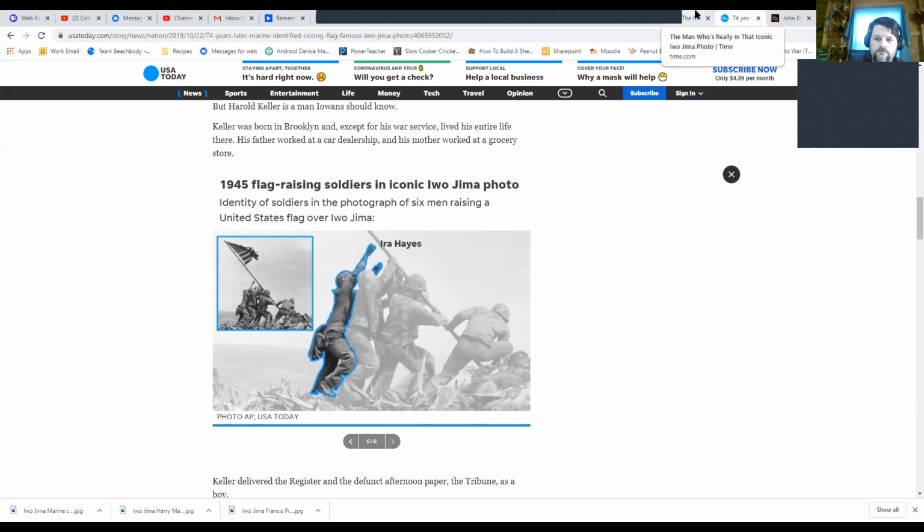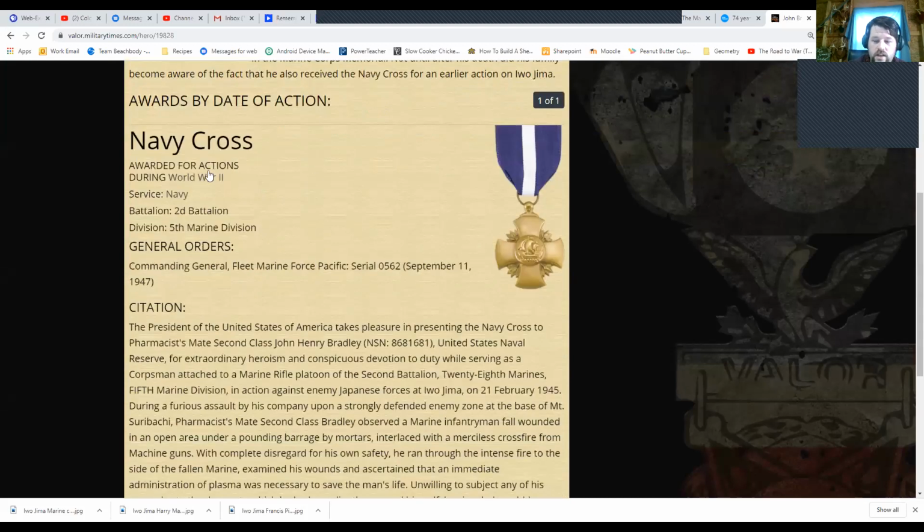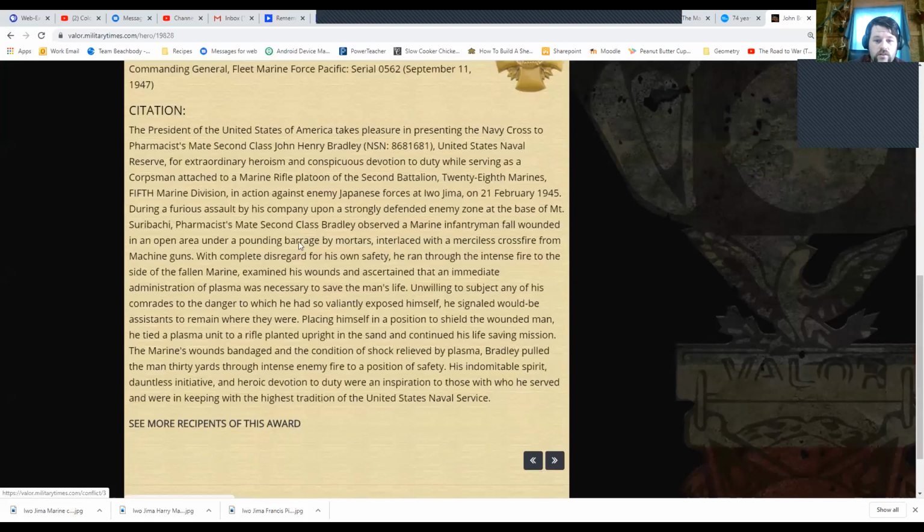Now that's not to say that John Bradley, here's his picture, the Navy corpsman, wasn't also heroic. So it says here that still, so this is still not updated, right? Because they've just come up with this new research in the last few years about who the real flag raisers were. He received a Navy Cross, which is the medal directly beneath the Medal of Honor as far as awards in battle. And so similar to other corpsmen we've looked at on Iwo Jima,